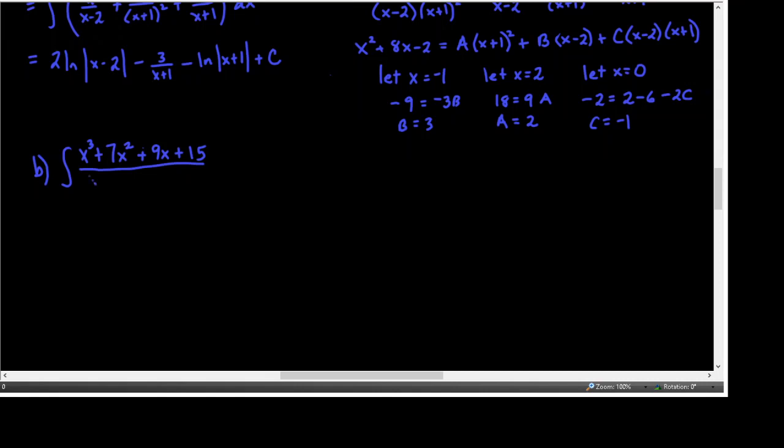So I'm going to go ahead and factor it here. Factor out that common factor of x times x plus 1 times x squared plus 5